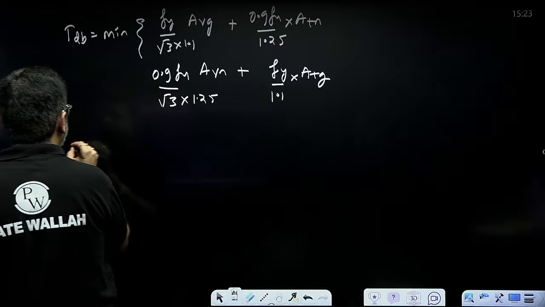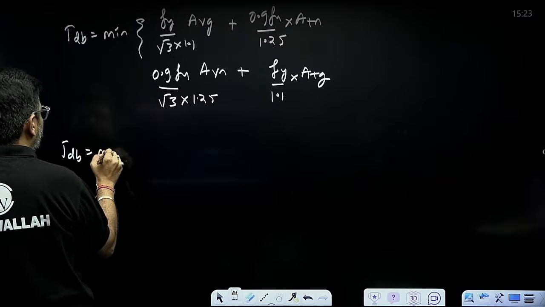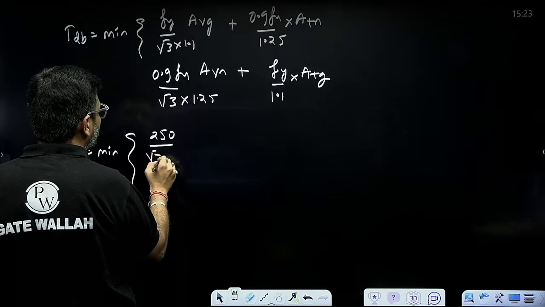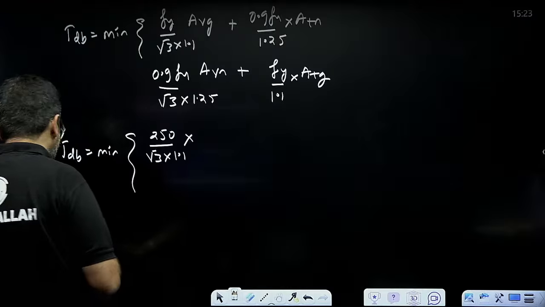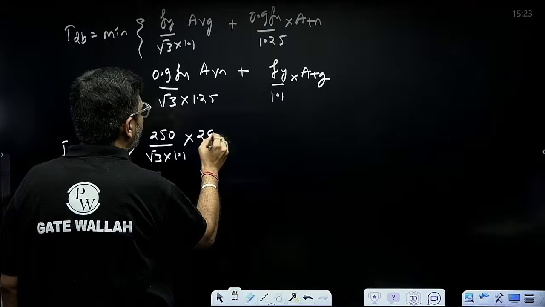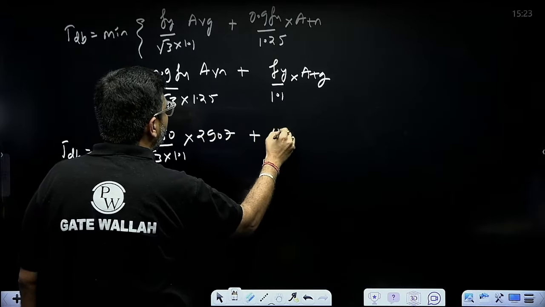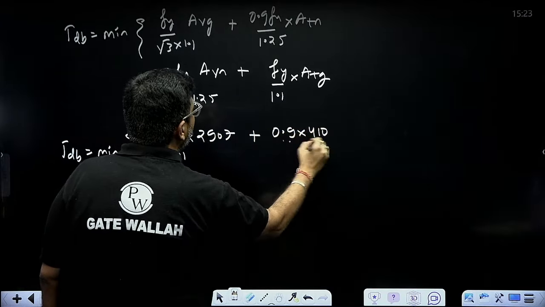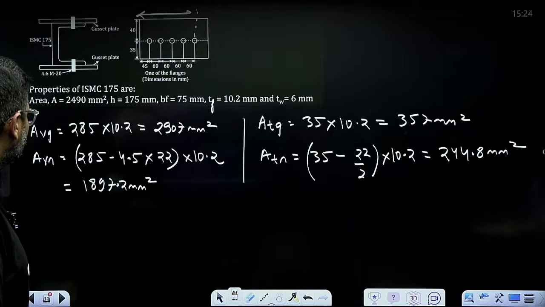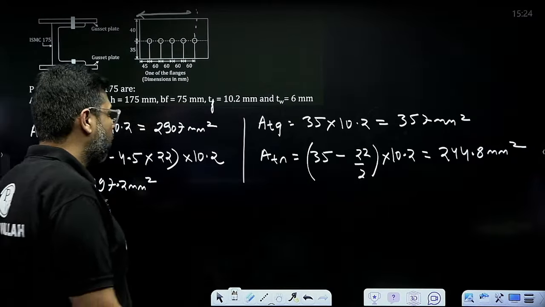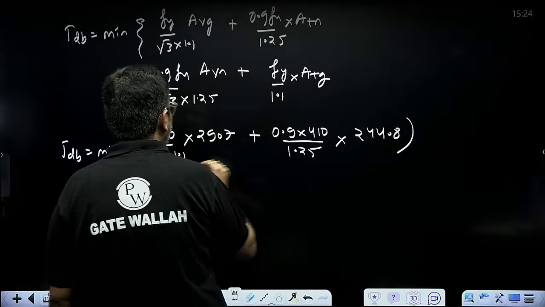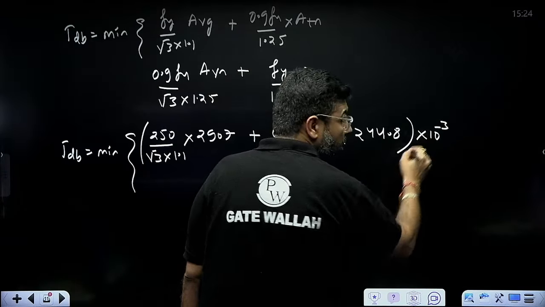Fit everything here. 250 by root 3, 1.1 into AVG, 2907 plus 0.9 Fu by 1.25 into ATN, that is 244.8. Just fit all the values and multiply it by 10 to the power minus 3. You will get the answer in